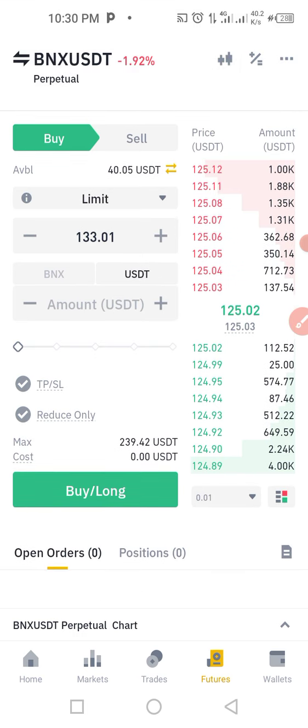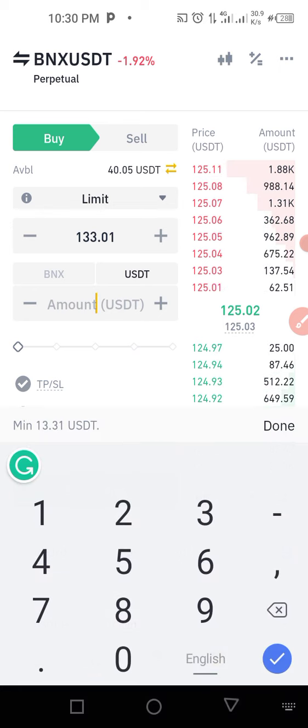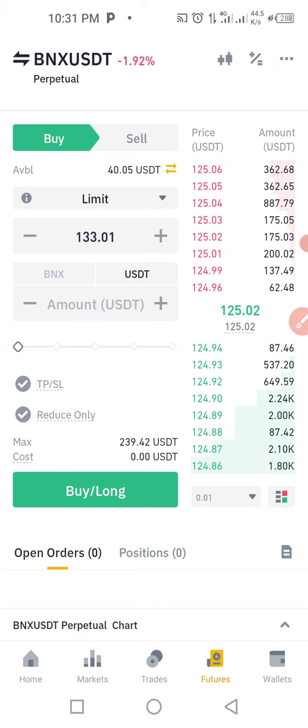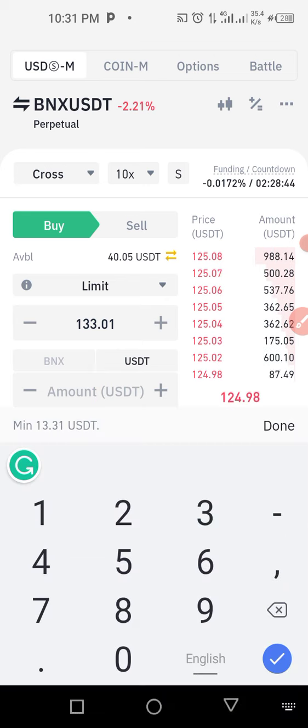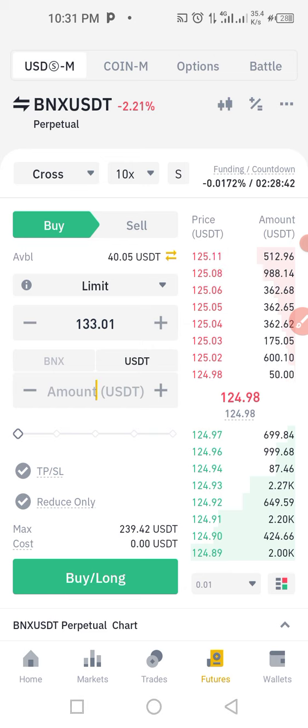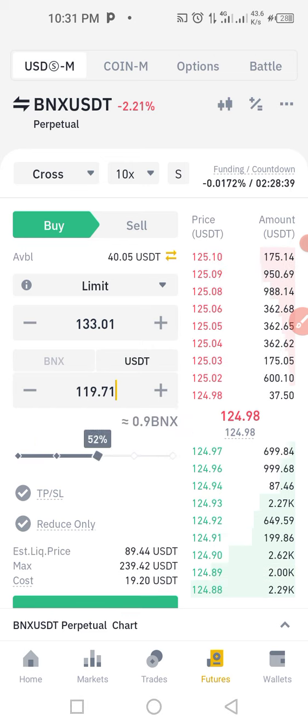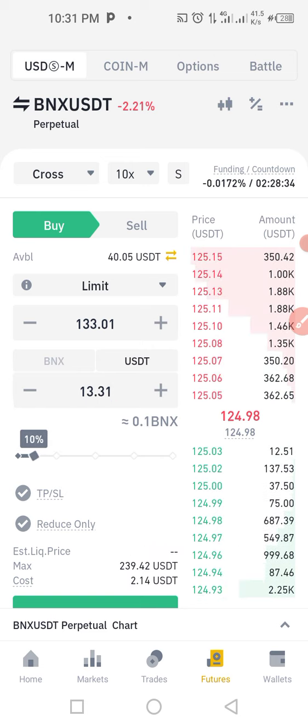So what you need to do is you click on buy. All right. So we are to input the amount we are using. You can see I have 40.05 USDT, the available balance. So how much am I using from this 40? Since my margin mode is cross, how much am I using to enter this trade? All right, I want to enter this trade. Don't type it directly. Just come here. You see this line? Yes, you can drag it. You can drag it, and you can see as I'm dragging it,